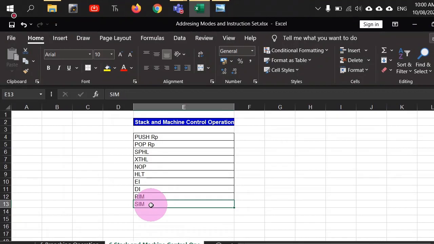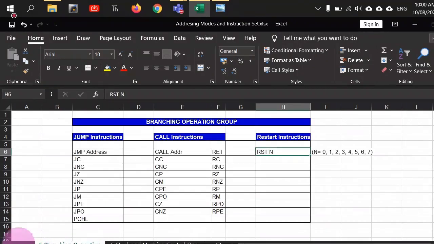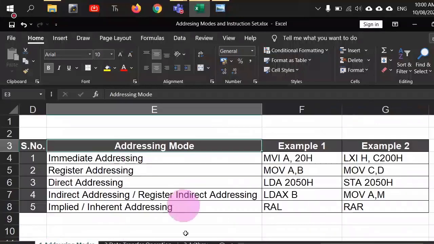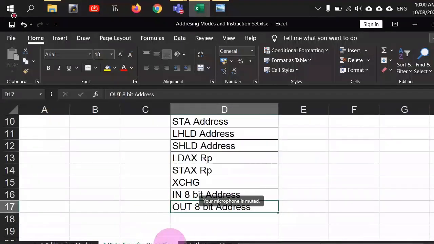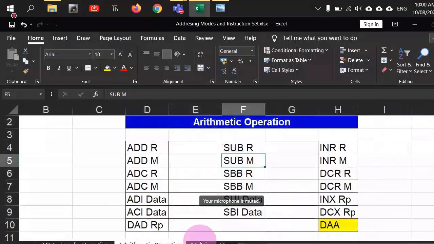So this completes the set of instructions that we have got for 8085, and you can just count them. They are all 74, and out of these 74 instructions, you can make 246 combinations as such, right? So in today's lecture, we have covered only addressing modes and the instructions that we have got. We have just given a brief overview of that.